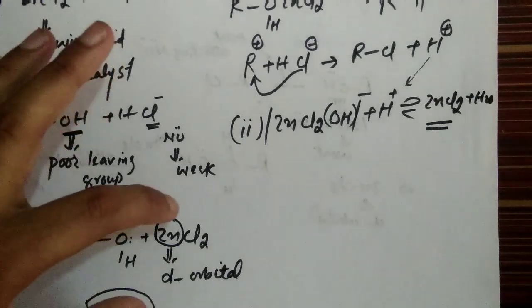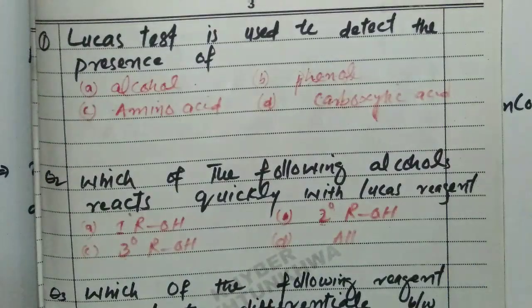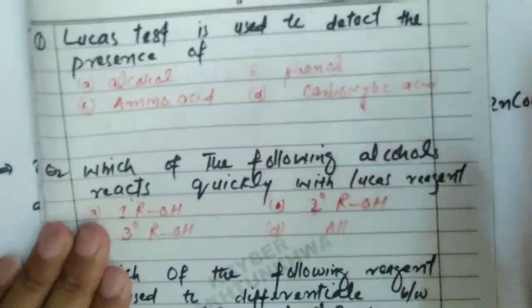So the ZnCl2 makes an intermediate with the alcohol under reaction, and because of its available d orbital it can accommodate the electron from the OH of the alcohol, thus makes a complex, and makes it easy for the dissociation of the alcohol to form a carbonium ion. अब हम आते हैं MCQs की तरफ कि किस तरह MCQs सेट किए जा सकते हैं on the